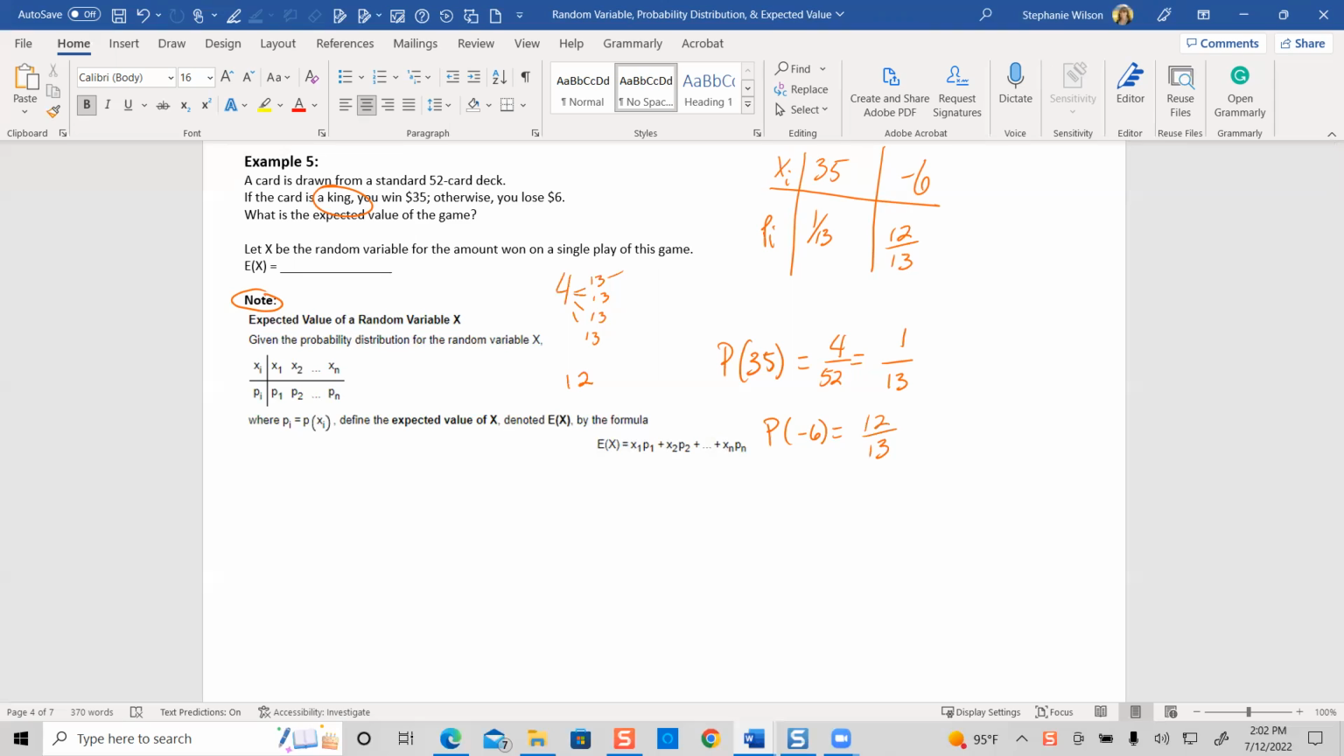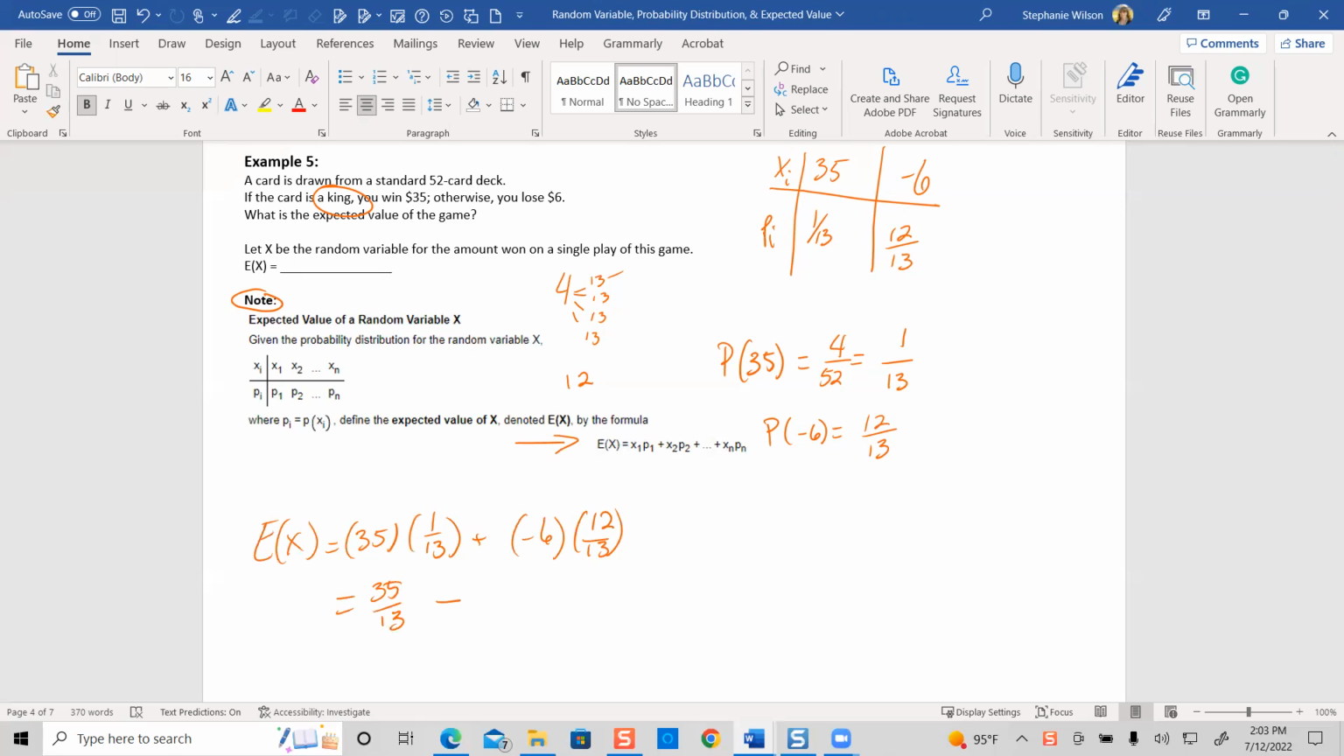Now, let's find the expected value of the game and enter these values. Okay, so we're going to use this equation here, and we're going to find out what the expected value is. So I got 35 times that 1/13 plus that -6 times that 12/13. And what is that? That's going to give me 35/13